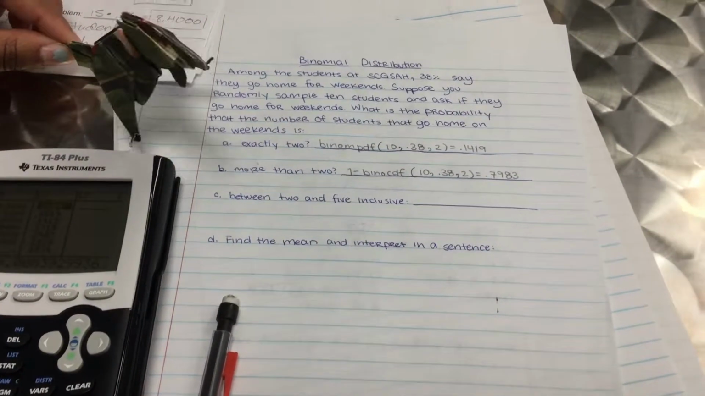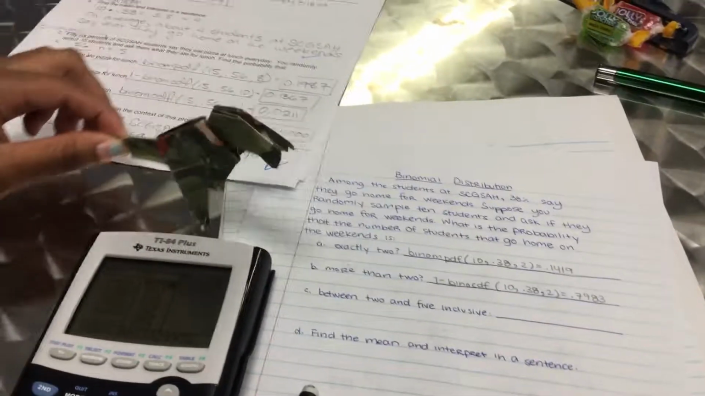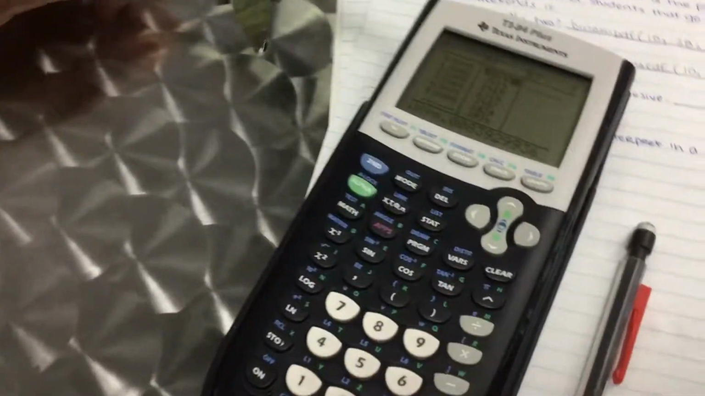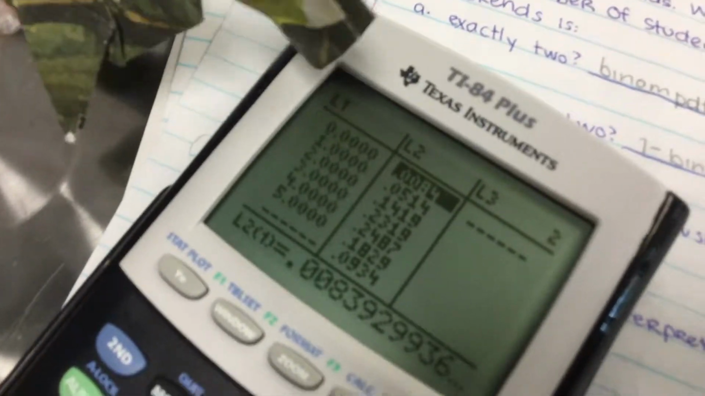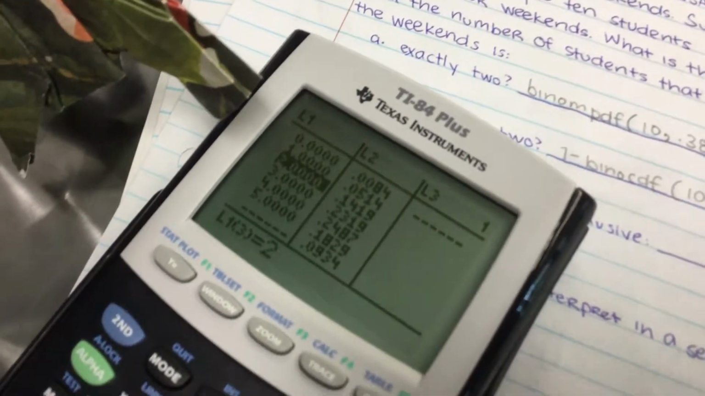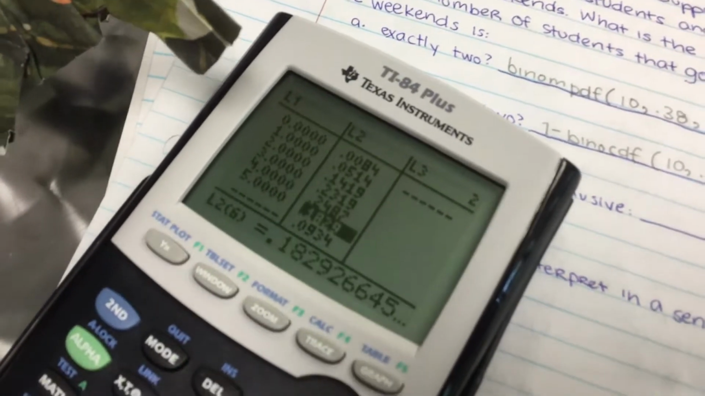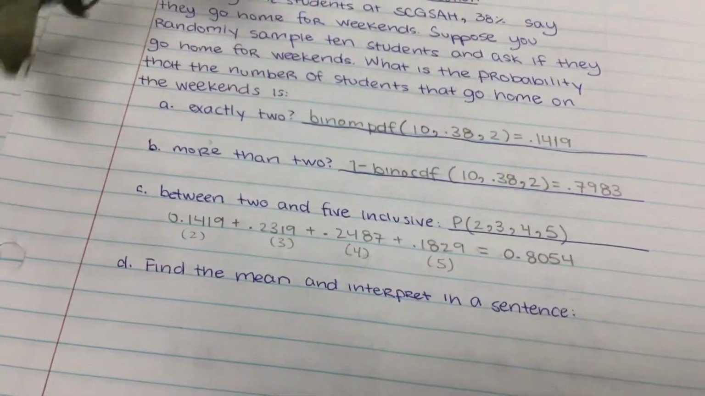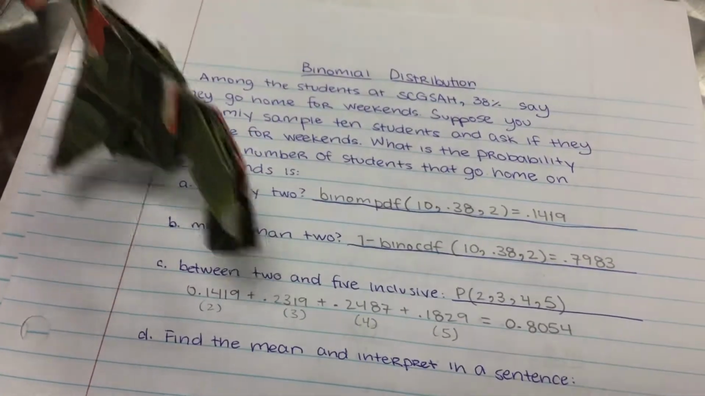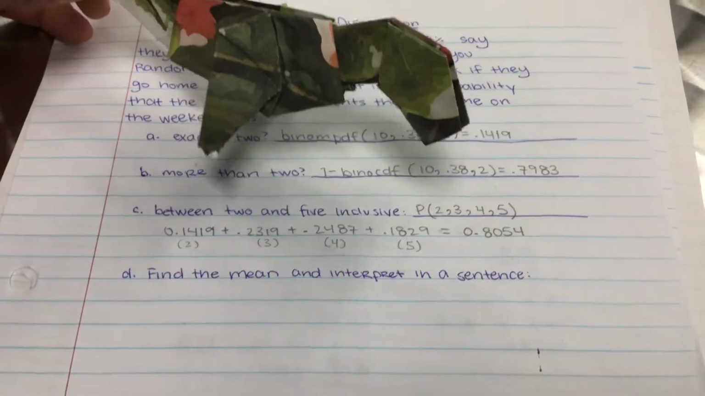All right, for our last question, it asks between 2 and 5 inclusive. Inclusive means including 2 and 5. Don't leave those out. They'll be very angry. So you put them in your list, like so, and you get 2 through 5: 2, 3, 4, 5. And you just add all of those probabilities up. So for our answer, we added up all of those probabilities, 2 through 5 inclusive, and you got